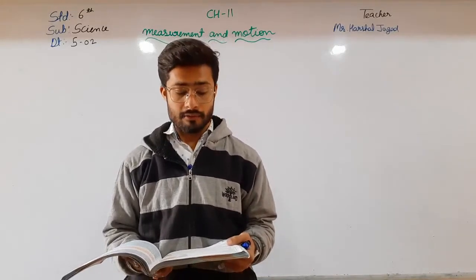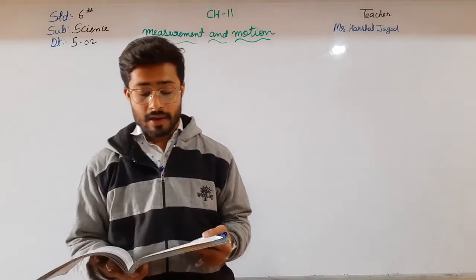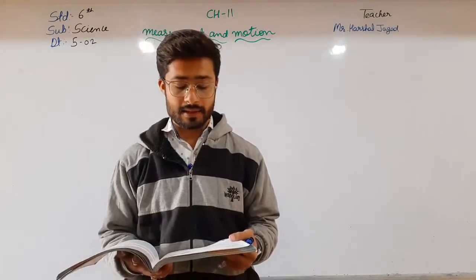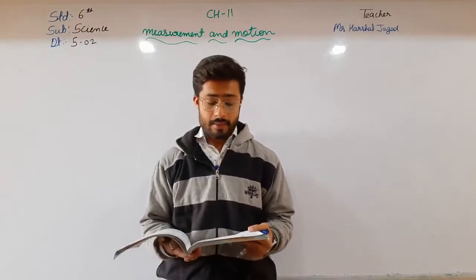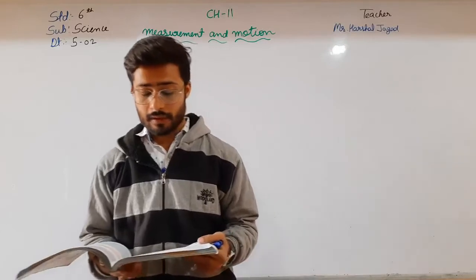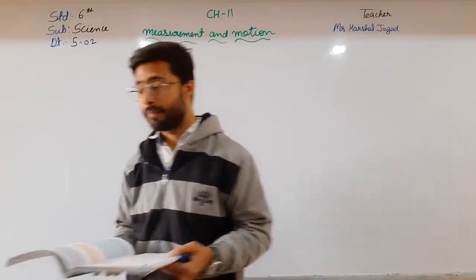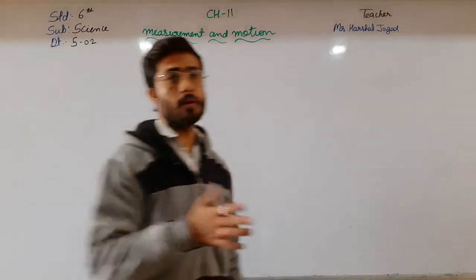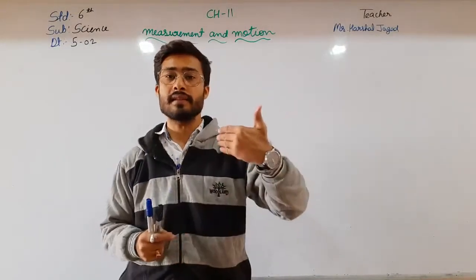Discussion and conclusion: the hinge of the door acts as the axis around which the door rotates. You will observe that the arcs made by the three sketch pens are of different lengths. The length of the arcs made by the sketch pens is in the order A is greater than B is greater than C. This shows that different parts of the door move by different distances in the same period of time. Here they are saying that when we open a door, it is also moving on its axis.